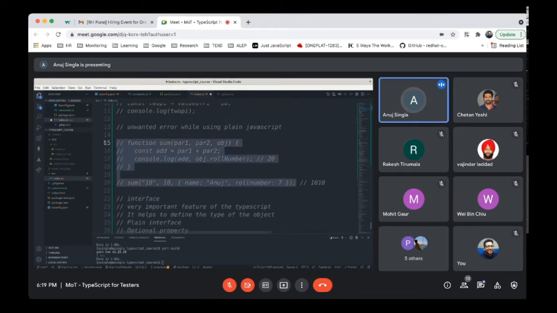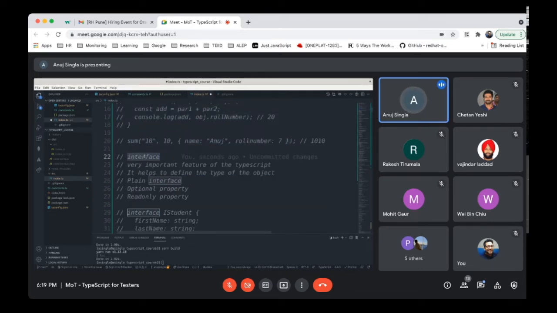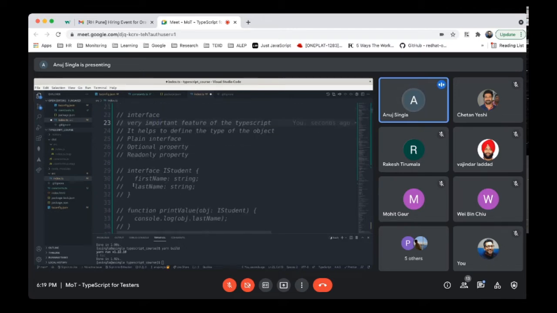Now let's move into the interface feature. Interface is a very important feature of TypeScript. It helps you define the types of an object. Suppose there is one object, it helps you define its types. First we see the plain interface. So how will we create the